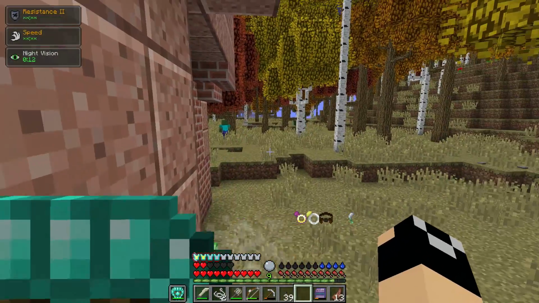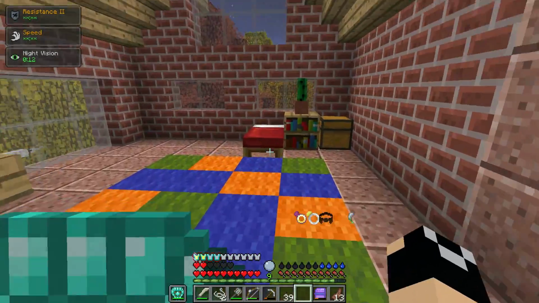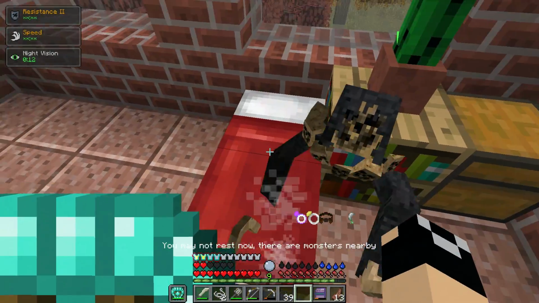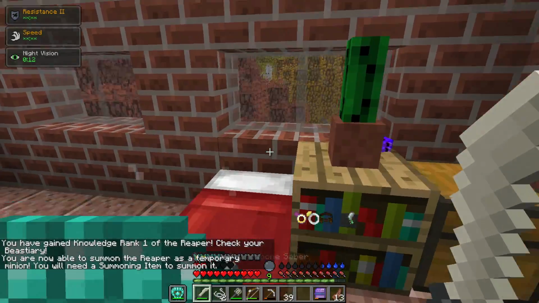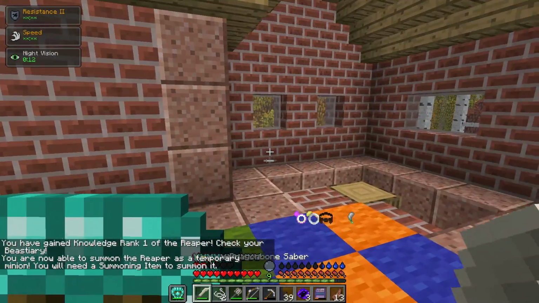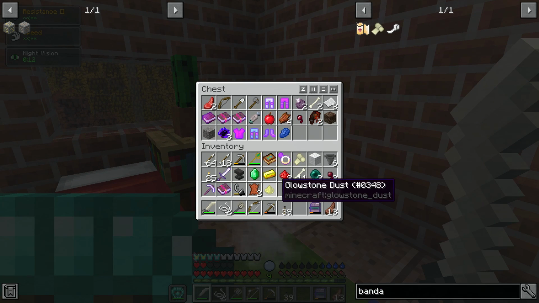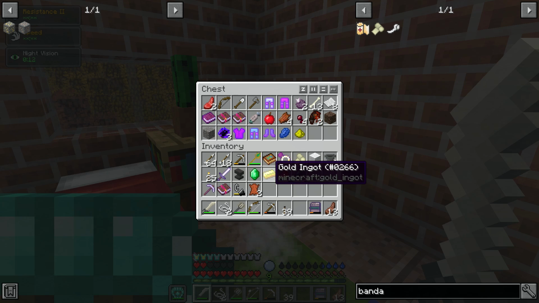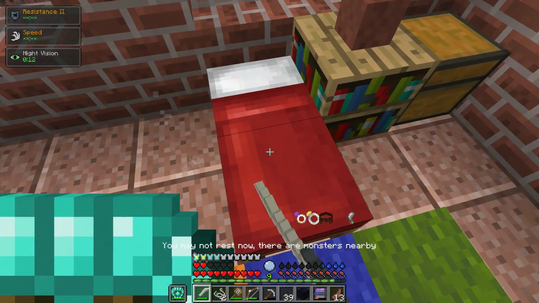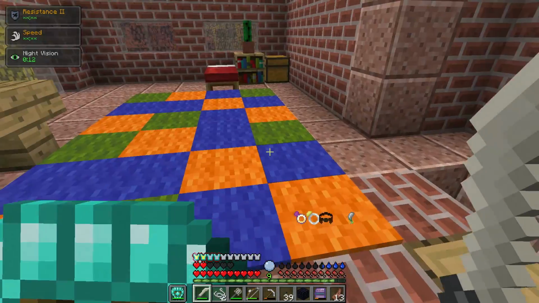But yeah... oh, it's nighttime. Okay. It's hard to tell because now I've got night vision. Well, I'm going to sleep. I cannot sleep. Oh. That would be why. And let me dump off all of this stuff so we can come back and get this. We're just going to store all the stuff that we get into there. Cannot rest here. Okay, so there must be...